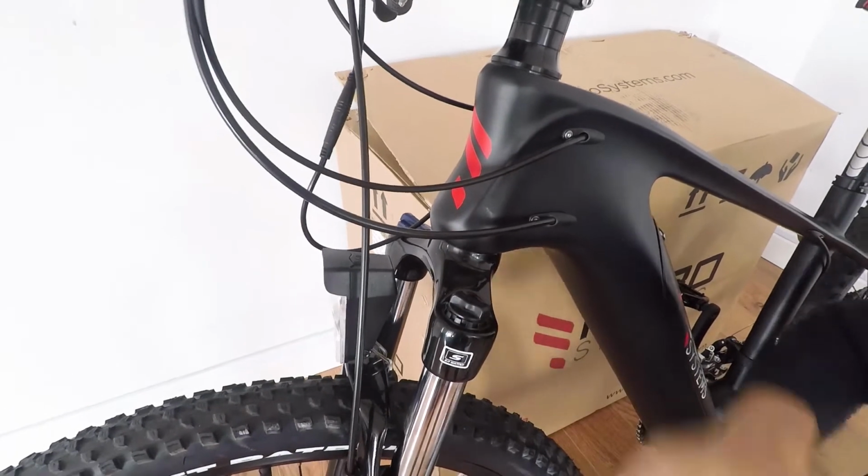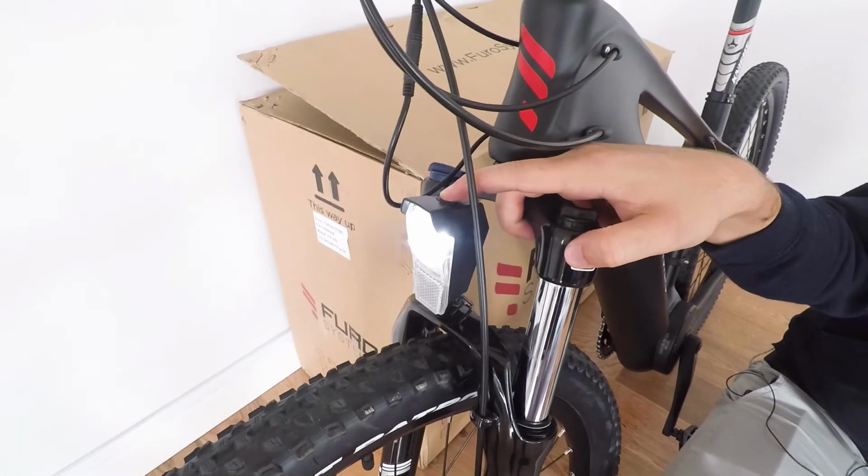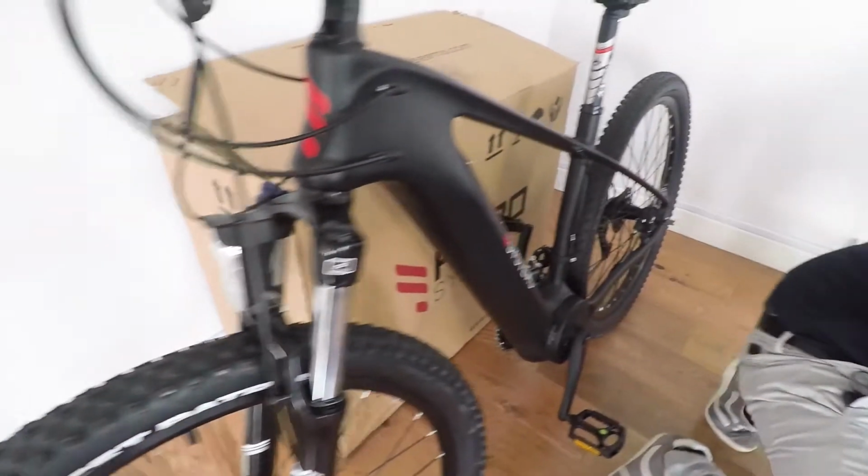The headlight is mounted and it's ready to go. You can just press the top buttons and the light works perfectly. Now your rear light,